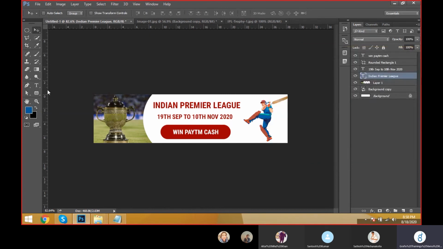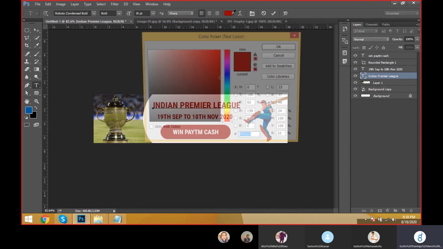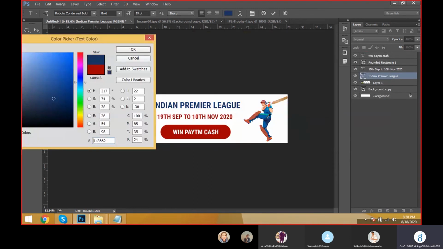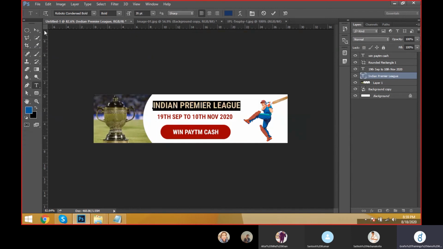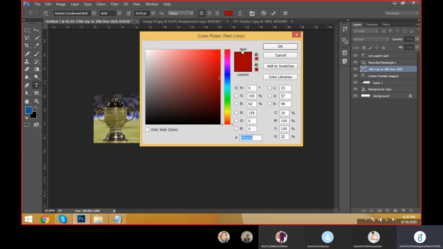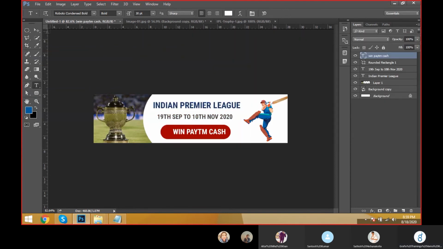There are two processes: you can select the text here and click the color directly here, or otherwise you can pick the color directly here. And again, the same thing: take a text tool here, click the color, and make it a gray color. Take the move tool and move it. It should be kept in the center. You can select both layers, then the alignments are automatically activated. Come to the align centers and vertical centers like this.